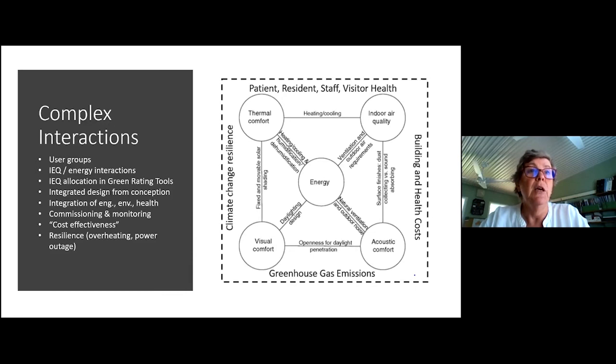The other area that we looked at relates to the International Energy Agency Annex 80, which is resilient cooling, and the need for healthcare buildings to look at what their resilience is to overheating and to power outages. So an interesting study on this came out of Germany that looked at the resilience of their total healthcare system. So everything from aging at home places to aged care facilities to minor and major hospitals, and found that while major hospitals were quite resilient to overheating and power outages, the further down the chain they went to at-home care services or aged care services that were much less resilient, and when a power outage or a heat wave